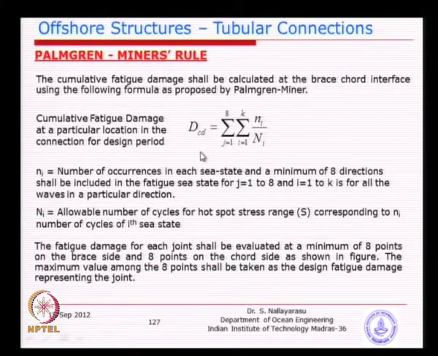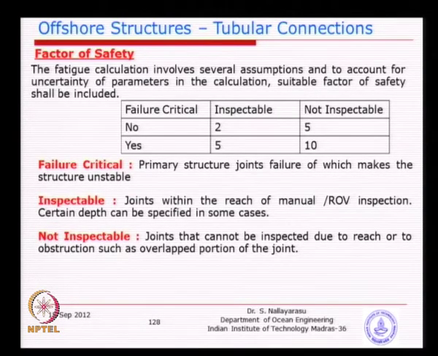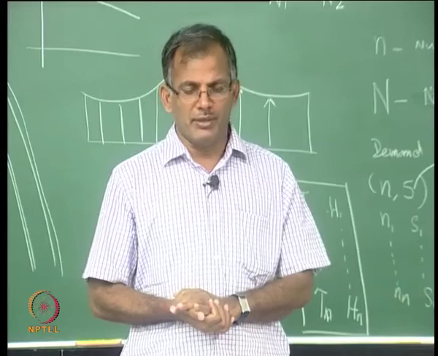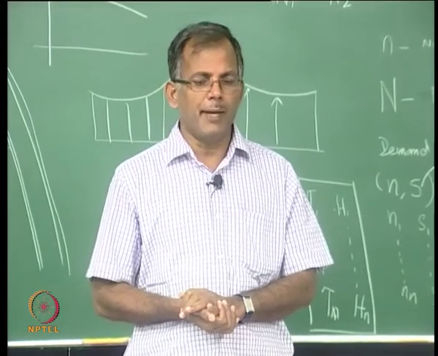So, as usual, we need to have a factor of safety on the damage you have calculated here. That means theoretically the ratio can become 1, but we cannot allow that, because we need a safety factor. In the member design we had a factor of safety of 1.67, is it not? Typically here, in this table, we have a factor of safety of minimum 2. We have been using this factor of safety of 2 for many years as suggested by API.